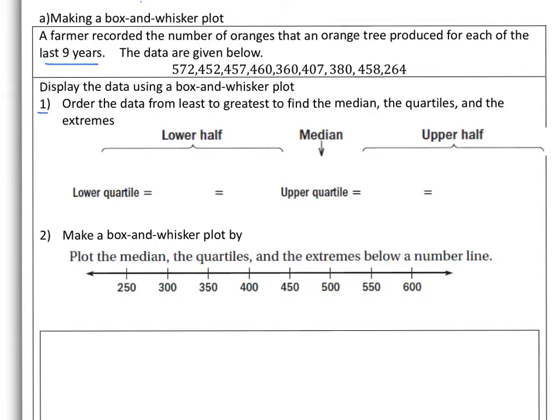First, you need to order the data from least to greatest to find the median, which is the middle number of the data set, the quartiles, and the extremes. Okay, let me explain what these are. First, we need to find out what's the smallest number, which is